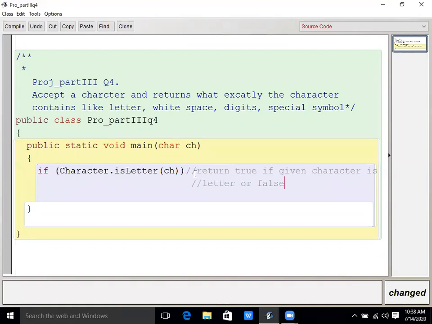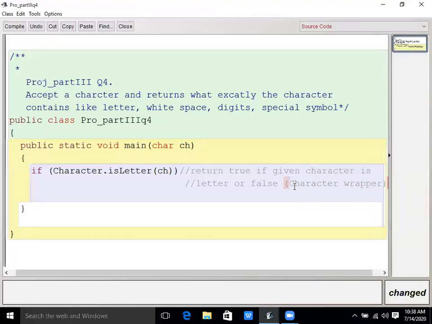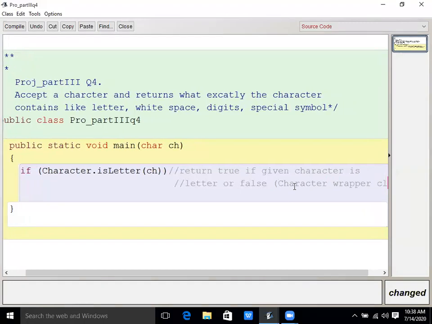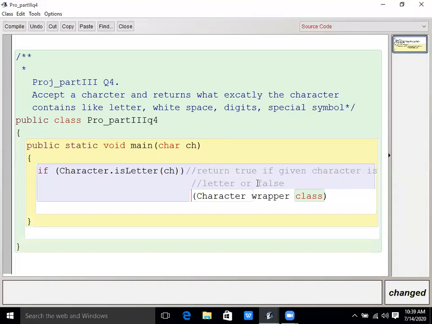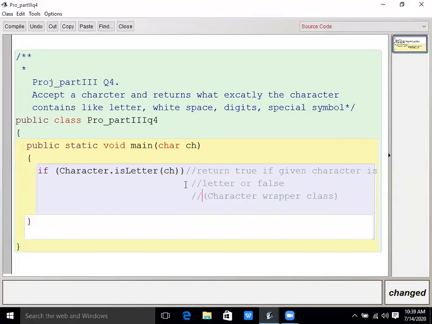Okay, it is the predefined method. Okay, isLetter of what? It is the Character wrapper class. Which wrapper class? Character is the wrapper class. Okay, Character wrapper class. This is your Character wrapper class.